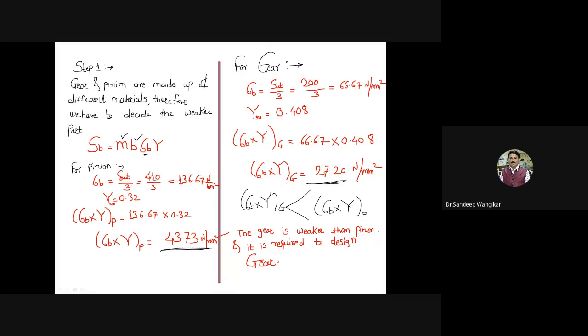But if the gear and pinion are made up of different materials, we have to decide which part is weaker. And here we have calculated SUT is given for pinion, SUT is given for gear for different materials. Lewis form factor is given for pinion and Lewis form factor is given for gear also for a different number of teeth. So we have calculated here sigma B into Y, this product for pinion, sigma B into Y, this product for gear, and the sigma B into Y for gear is less than sigma B into Y for pinion. Therefore, we will design based on the gear. This is very first part. And let us proceed with our standard procedure now from this point onwards to design.